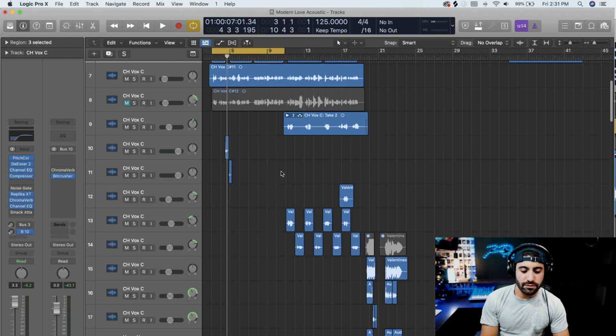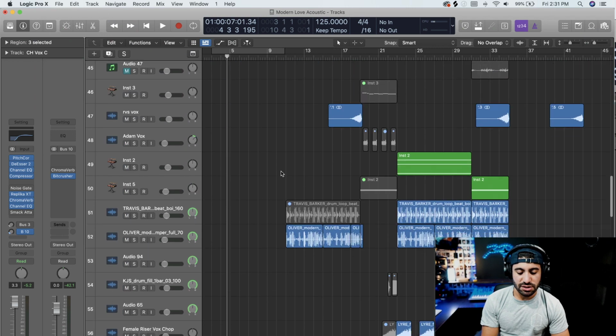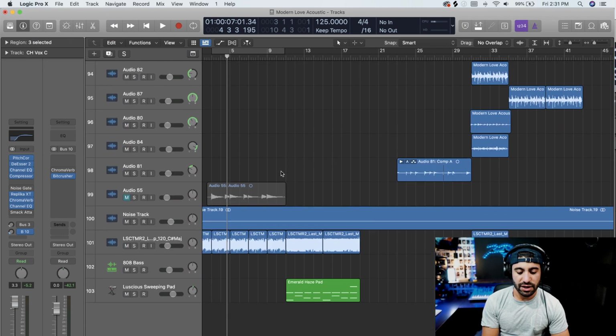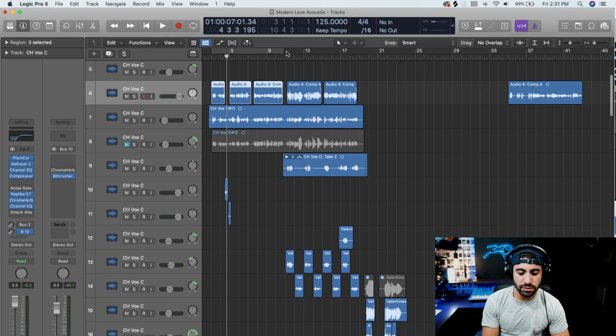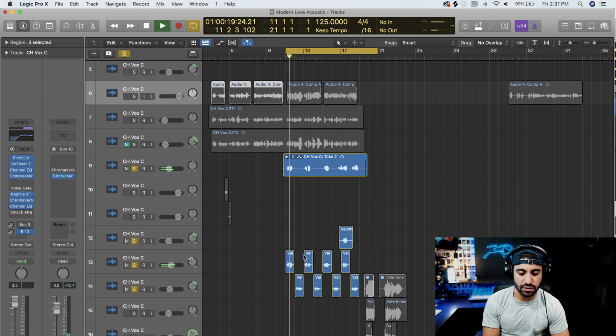The verse vocals. Then we go into this section. This is the remix version. So we have, where is it? Right here. We have some harmonies coming in. These harmonies over here. If we were to listen to these, it's like these layers